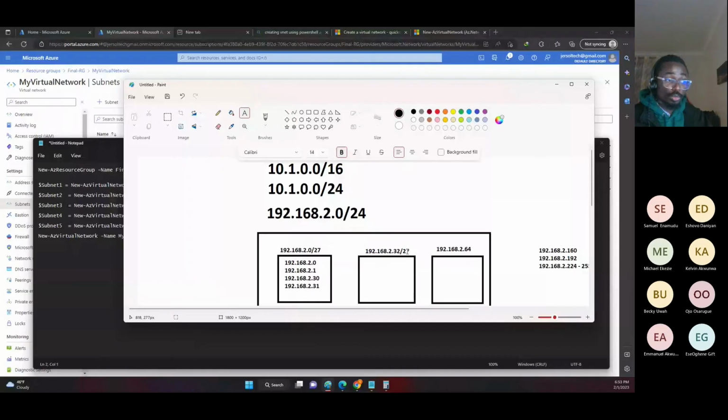But if we say we don't want them to see each other, and we put them on different subnets, we can block it. We can put a network security group here and block anything coming from here. All of that we will do when we go further. But for now,